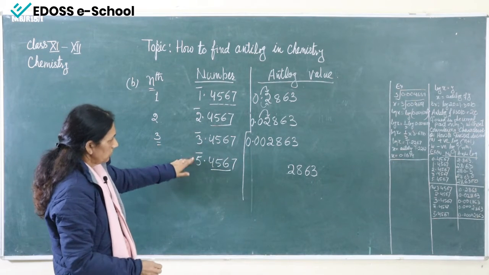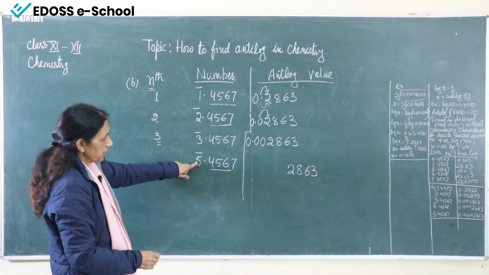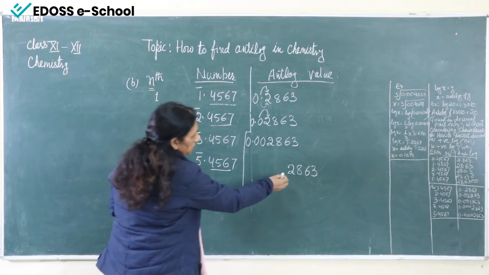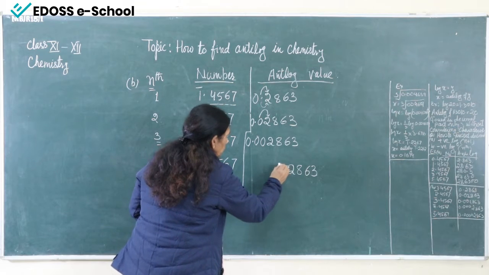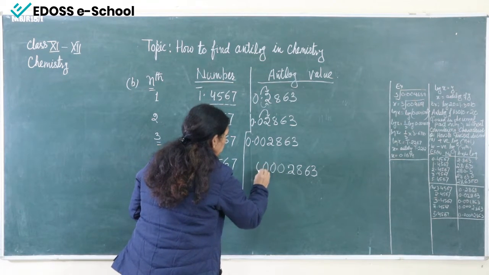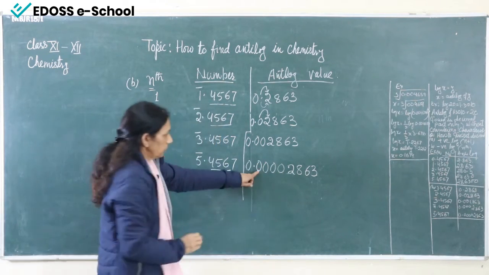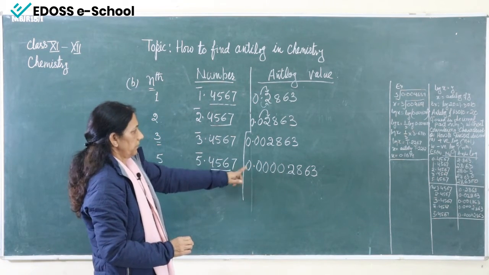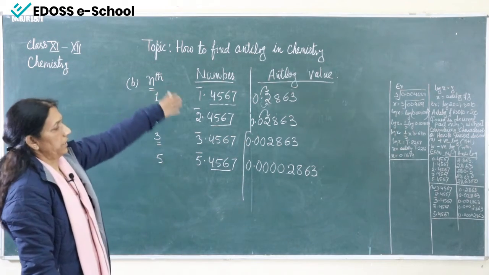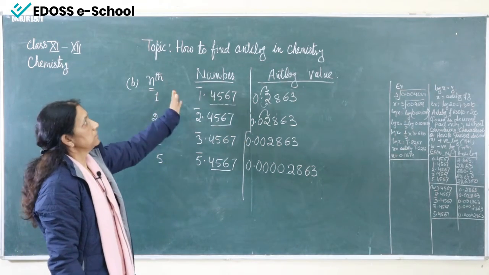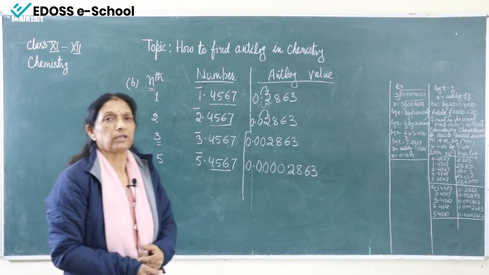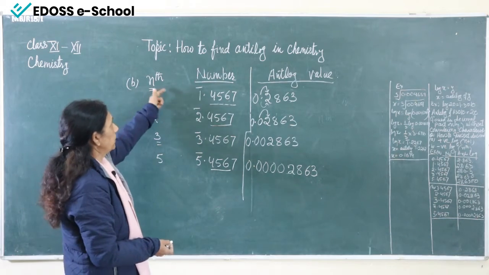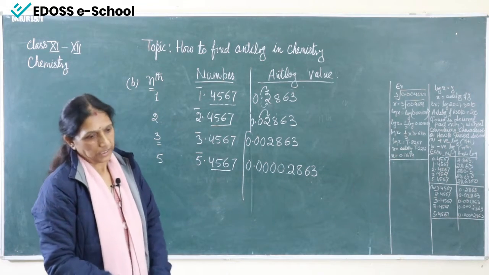Okay. Now, what I will do? I have to put decimal at 5th place. So, I will count from here. This is 1, this is 2, 3, 4 and this is 5. Okay. So, this is the way we can insert decimal in antilog if the number is greater than 1 or it is positive, and if number is less than 1 or the number is negative.